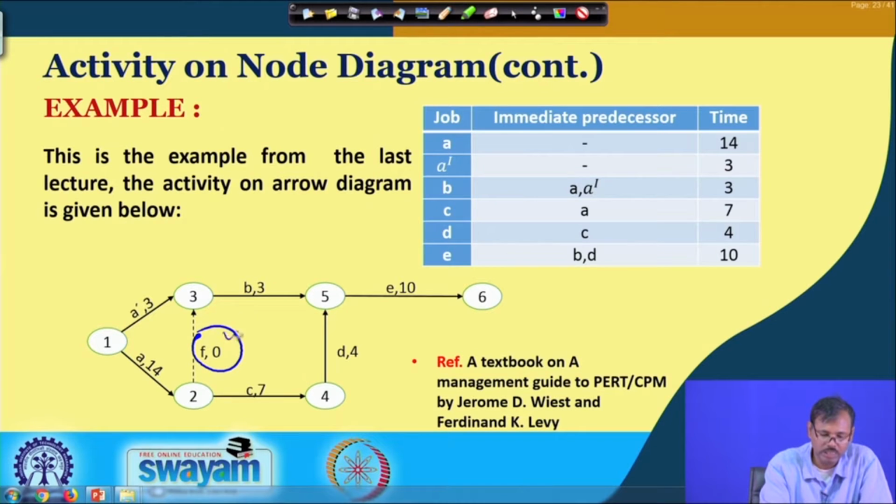So, this dummy activity is required so that we can construct this network in the activity on arrow diagram. But if you try to present it